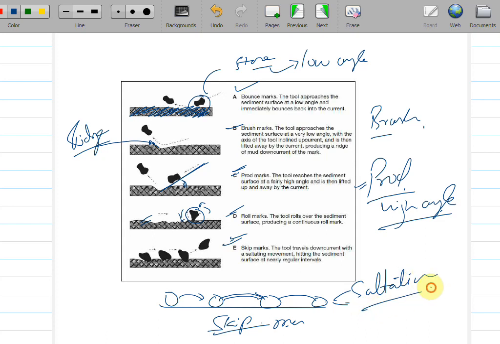So saltation you have to remember in the skip mark, ठीक है। So in roll marks basically roll हो रहा है, यहाँ पे roll नहीं हो रहा है।